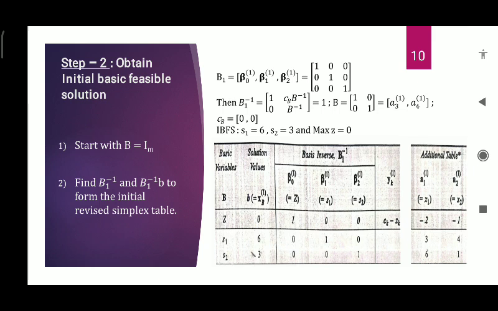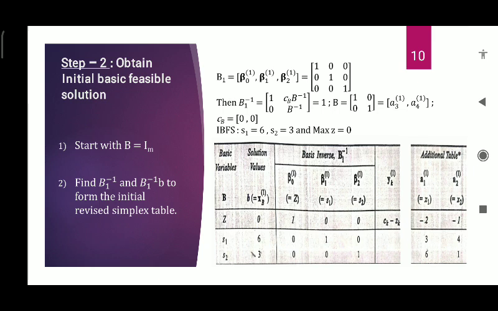Now the initial basic feasible solution is s1 equal to 6, s2 equal to 3, taking x1 and x2 equal to 0, and maximum z is 0. Now we have the corresponding revised simplex table. In the first column, we take the basis variables z, s1, s2,